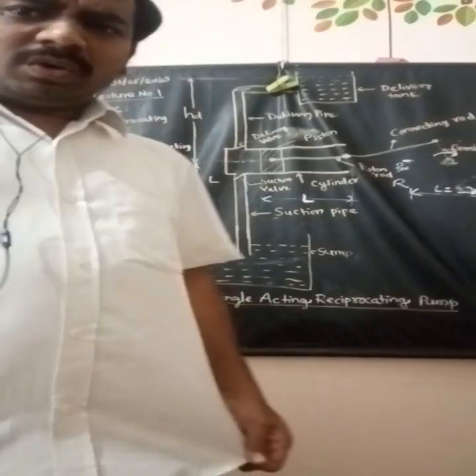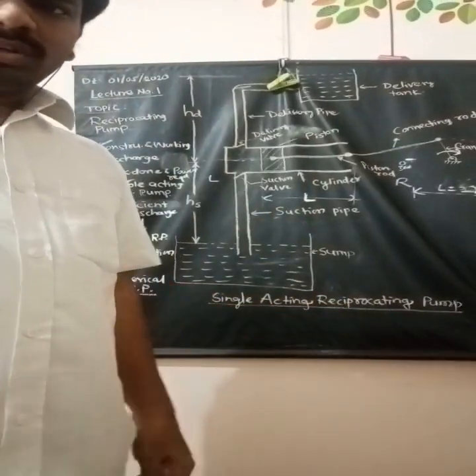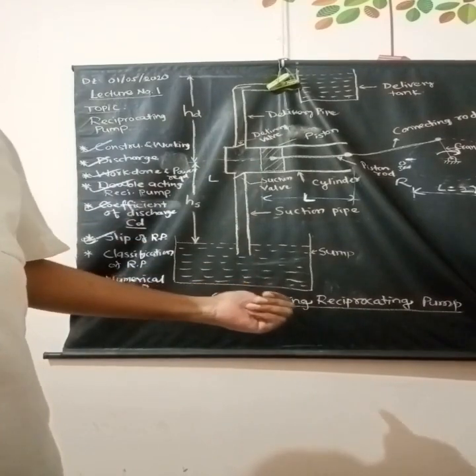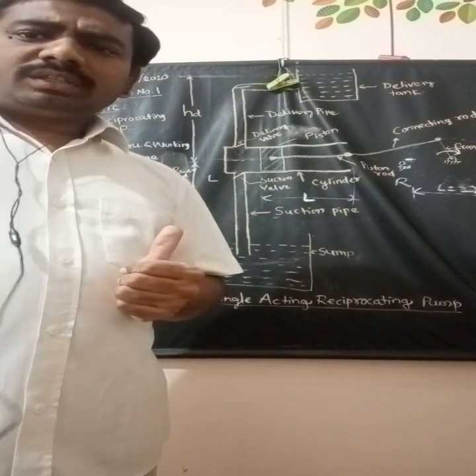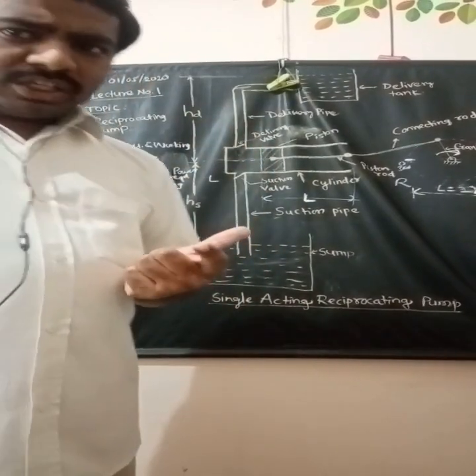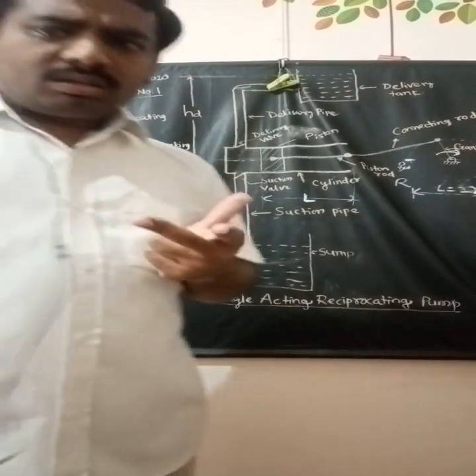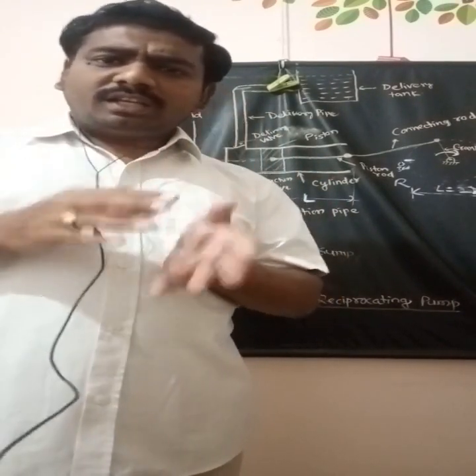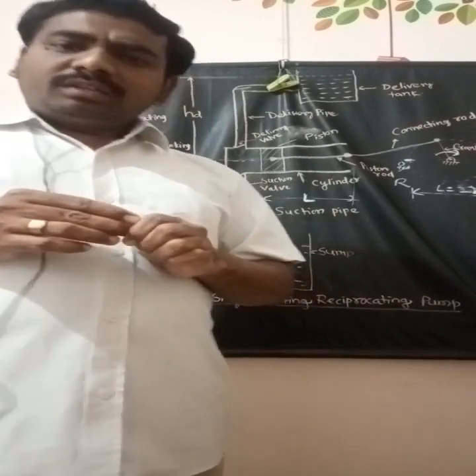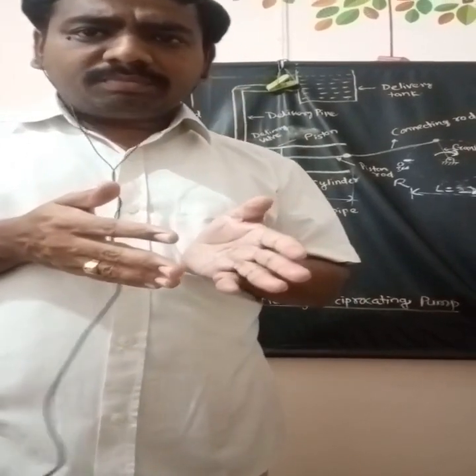I think we have covered all the points we discussed today. Starting from the construction and the working of the reciprocating pump, then the discharge through the reciprocating pump. Third is the work done per second and the power required to drive the pump. Next is the difference between the double acting and single acting reciprocating pump. Then we discussed the coefficient of discharge, then the slip of reciprocating pump, and finally saw one simple numerical based on this topic.